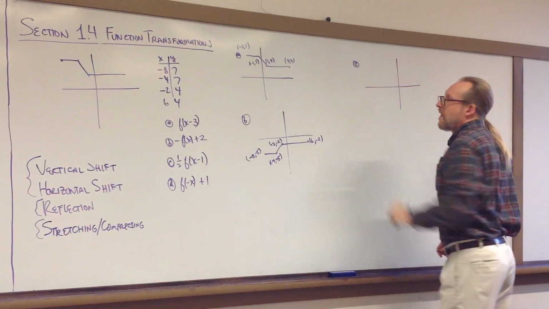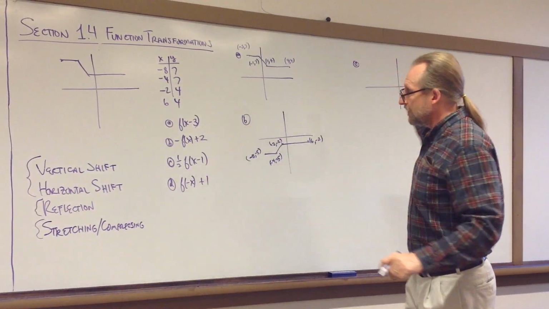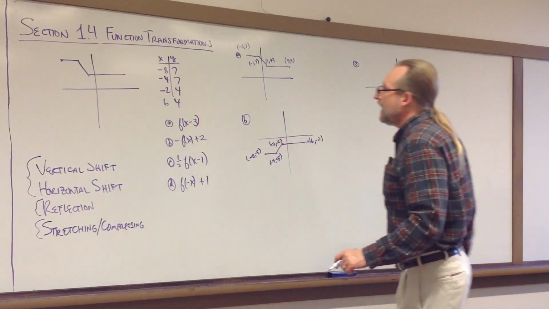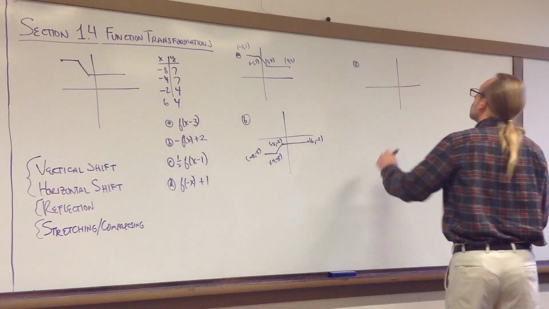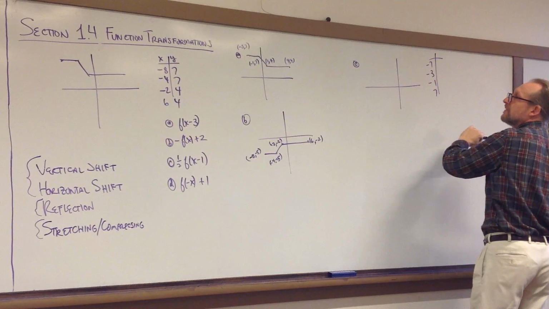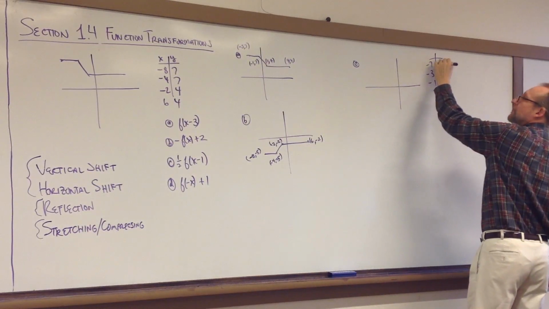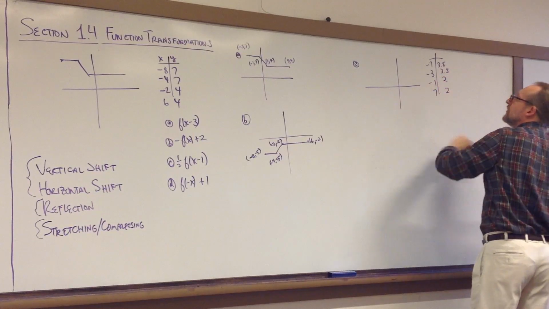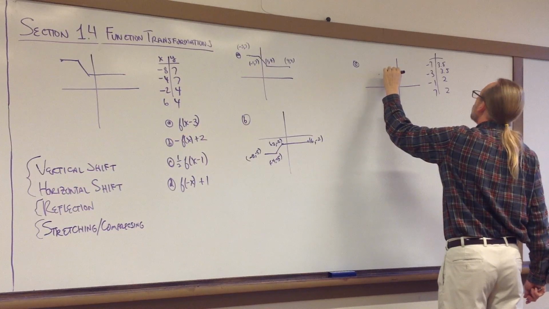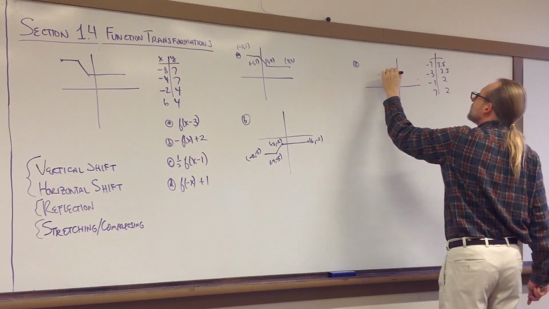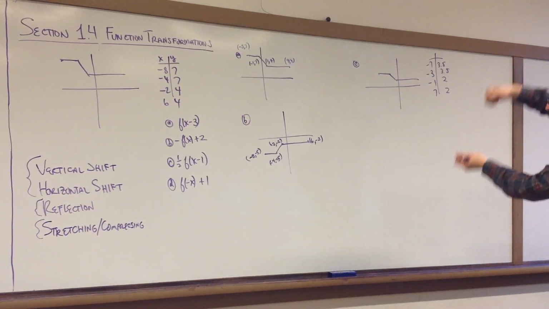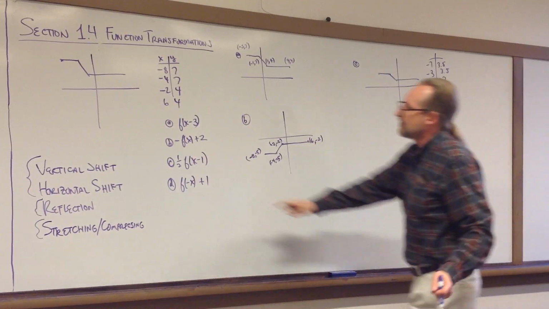C. All right, so this is going to shift to the right 1 place. So this will be negative 7, negative 3, negative 1, and 7. And then all those y values are going to get cut in half. So let me make another table here. Negative 7, negative 3, negative 1, and 7. And then all the y's get cut in half. 3.5, 3.5, 2, and 2. All right, so negative 7, 3.5, negative 3, 3.5, negative 1, 2, and 7, 2. And so there it is. Okay, so it's shifted to the right, and then it's also scrunched down, right, because it's 1/2 on the f